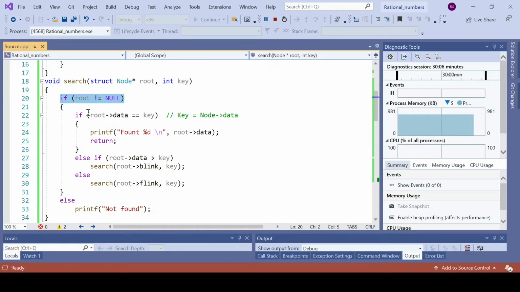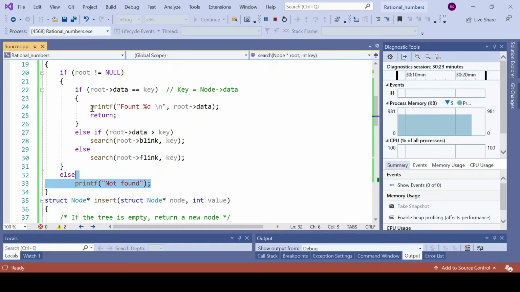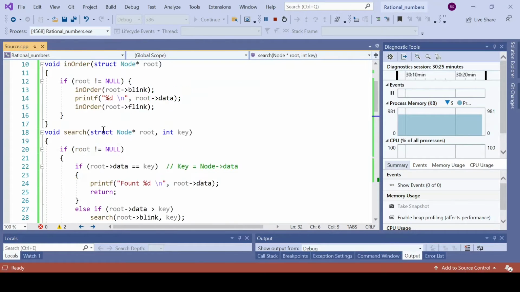One of these will end the function. If you reach the null value and the recursive call is ended, then we will print that the number is not found. So this is the search logic incorporated in this program.